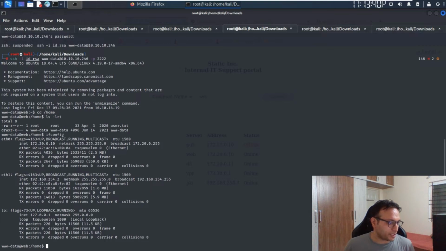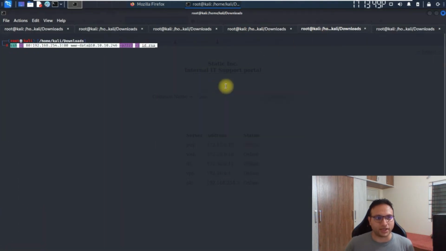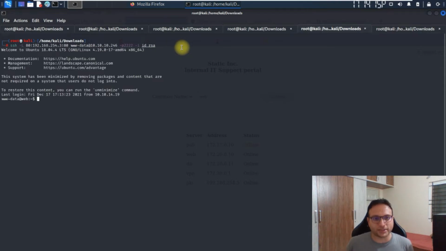Once we get the IP address and everything appropriately, we'll try to access the same thing on another terminal. But this time I'll put the port also, port 80, and that IP address 192.168.254.3 colon port 8080. So I can say that the local host and the remote ports are both defined as port 80, and this is the specified distance which we used for the earlier one. I'll click on it and wait for it to log in. Okay, I'll get the shell of the same system itself, but right now it's just bound with this target IP address on port 80.